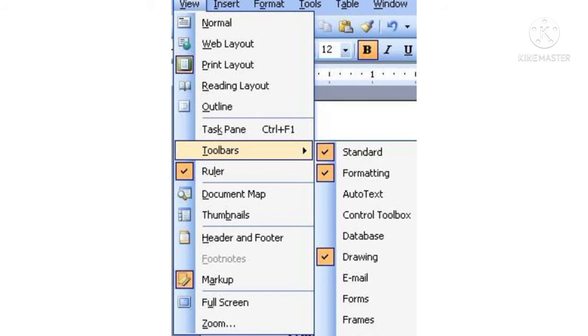Number 1, click the View menu. Number 2, click the Toolbars option. Now, you can select or deselect the different toolbars. Windows in different applications may have different toolbars.